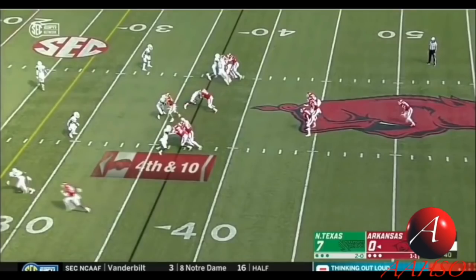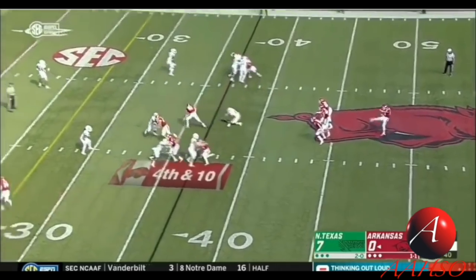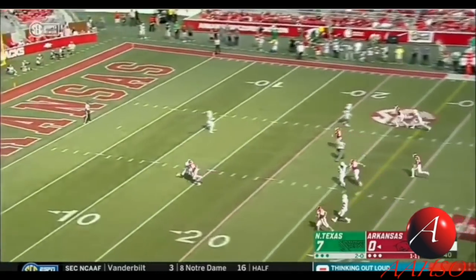So we talked about this with our crew chiefs on a call this week, and there was pretty much a consensus that we all kind of knew what we wanted to do with this play, but we thought we'd throw it on here just for one or two that may not have seen this play. It's gotten huge publicity all over the country. So Arkansas and North Texas, and a punt play. Arkansas punts the ball away from near midfield, and then this player catches the ball about the 10-yard line,